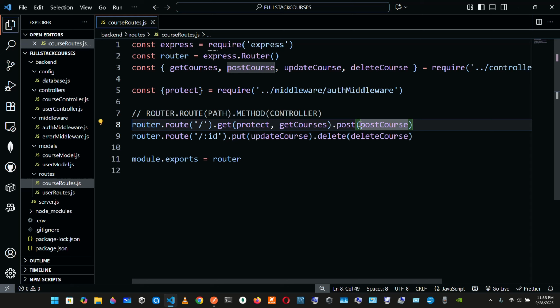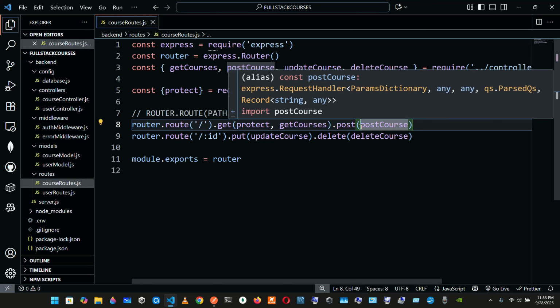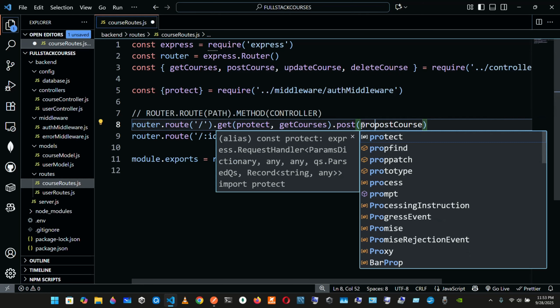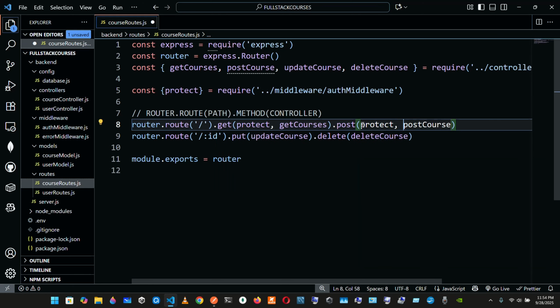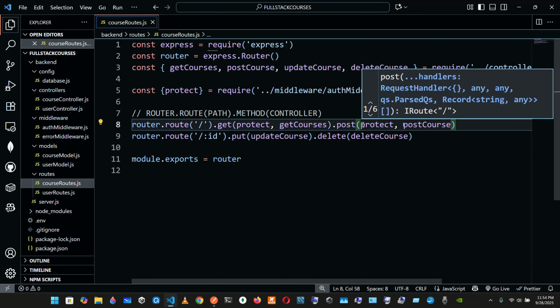Let me save it like that. And yeah, we are bringing it from the middleware. We are gonna do the same for the post and for the update and delete. So let me see, protect, save it, and let's go into the